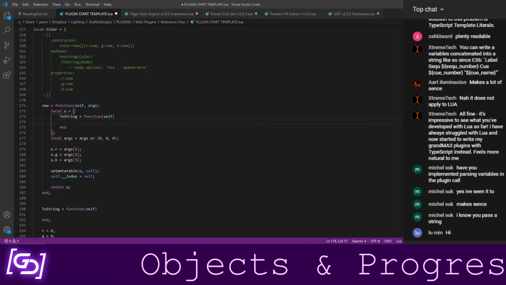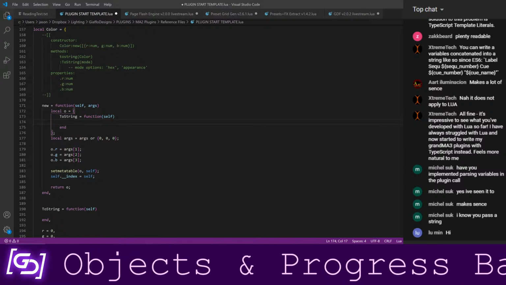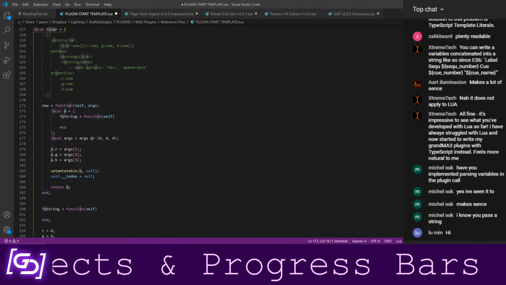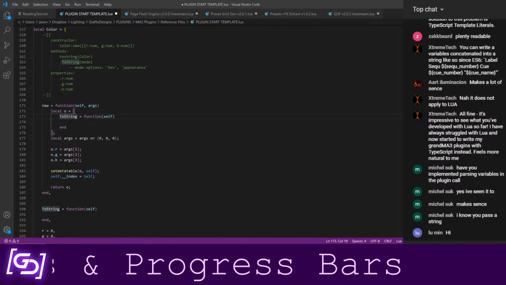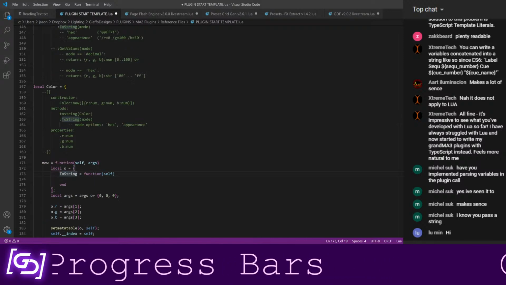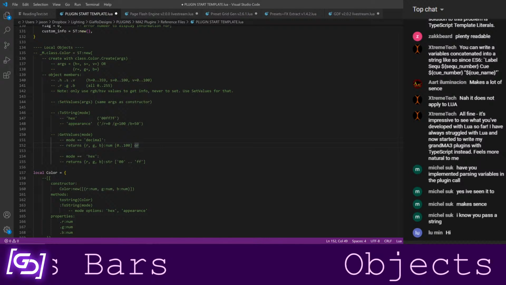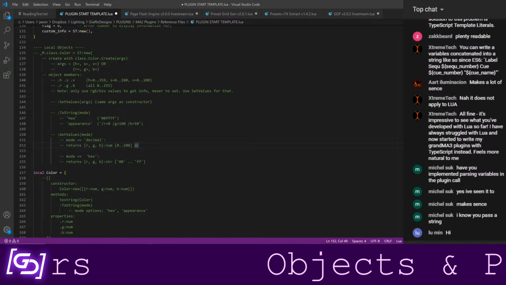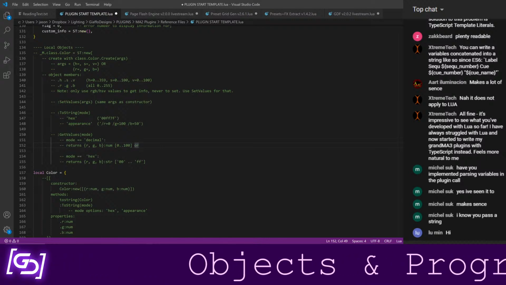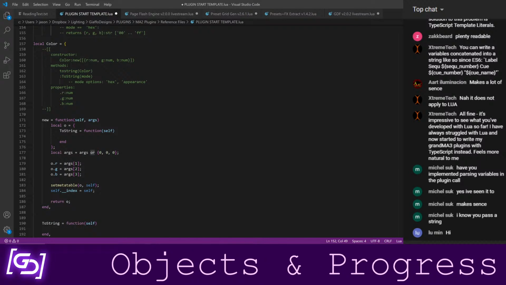It is a much less efficient use of memory because every time I create a new one of these, it has its own copy of this tostring function. And if I've got, you know, as many functions as this, or as some of my more complex classes will have, that'll eat up a lot of memory a lot faster.